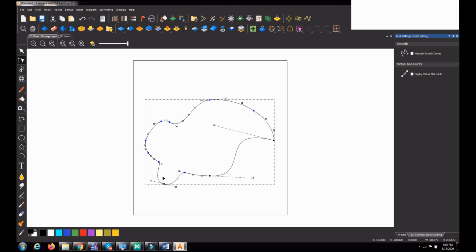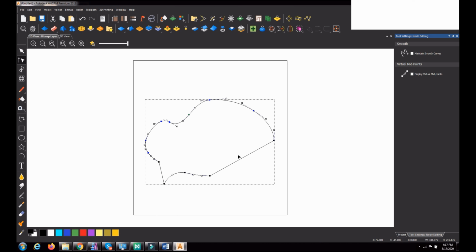For any 2 points, if you want to make the segment between them a straight line, keep the cursor on top of that segment and press L. If you want to make it an arc, press A, and it becomes an arc. Like this we can work.